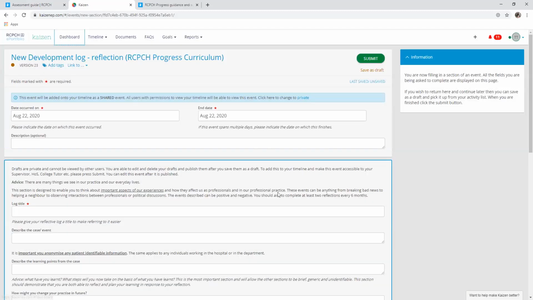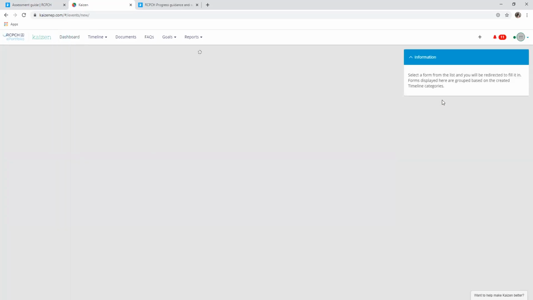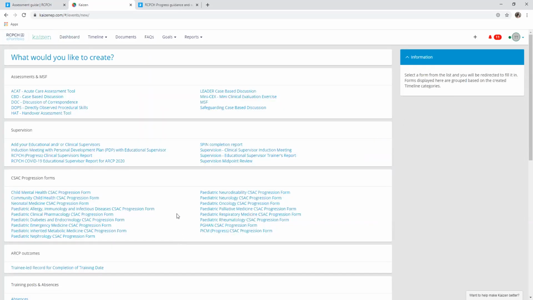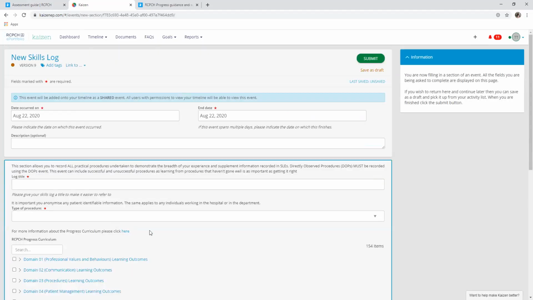So moving on, the other sections that you will see that are important in your e-portfolio is the skills log, so you can upload all your child protection and life support certificates, and you can also use the skills log section to document any skills that you feel you want to document. So this becomes a little bit more important, say, for the more senior trainees. So once you've done your mandatory DOPS, for example, please do use the skills log to show